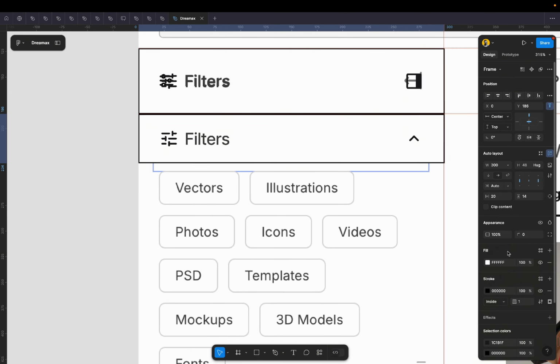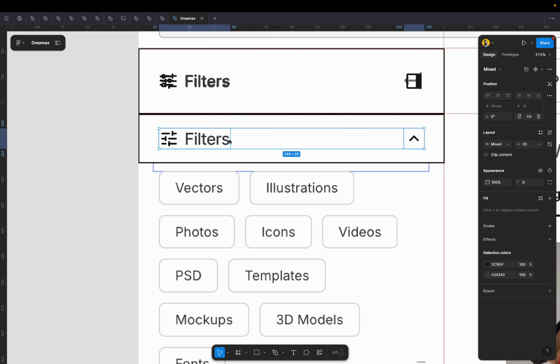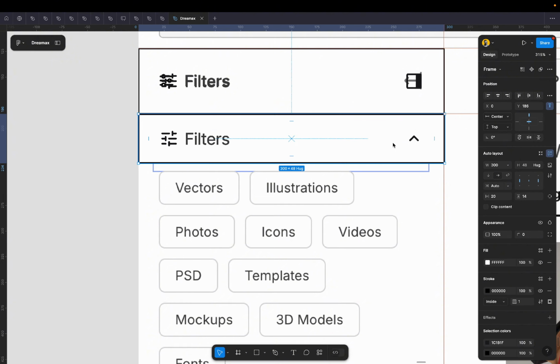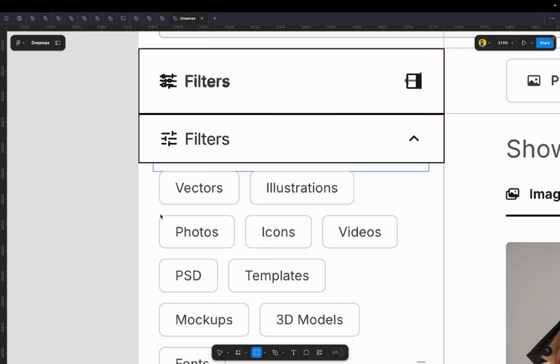Let me give this a background color so that you can see what I'm doing. I'll click enter to select both items, put them in auto layout. Okay, they are still auto. I'll select the frame itself, and then I'll change the layout. I'm changing the layout so that whatever I throw into this container remains in a vertical layout and does not shoot to the left. Now, if I leave it at the horizontal layout, let's assume I have this guy,